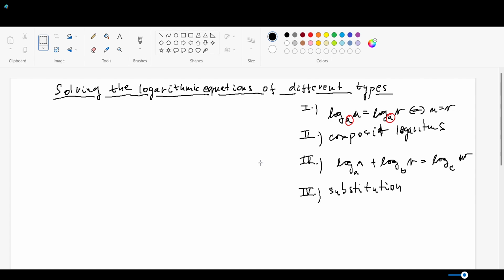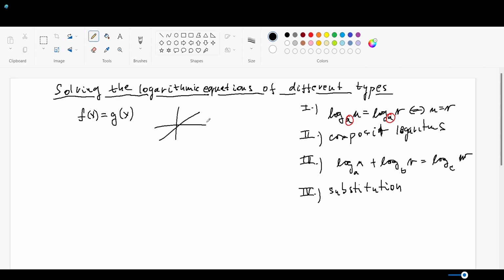I will use the Desmos program or application for sketching the graphs of functions, because basically when we are solving any equation, for example an equation of the kind f of x is equal to g of x, what we are looking for, as you already probably know from the very easiest linear equation,